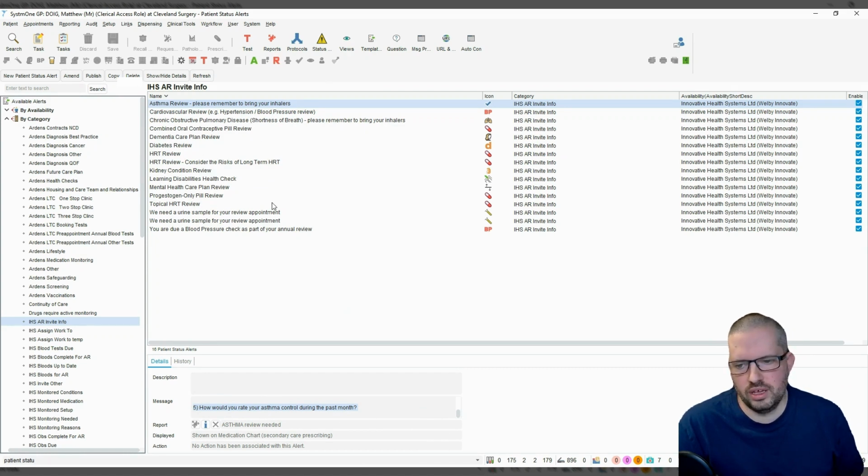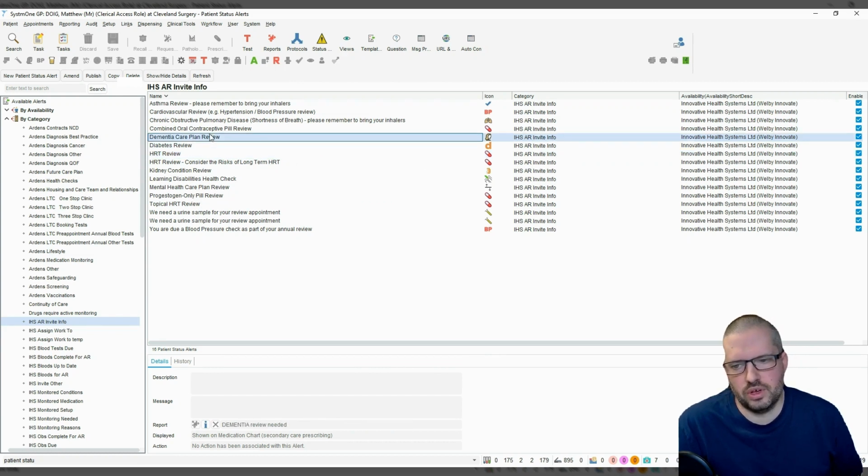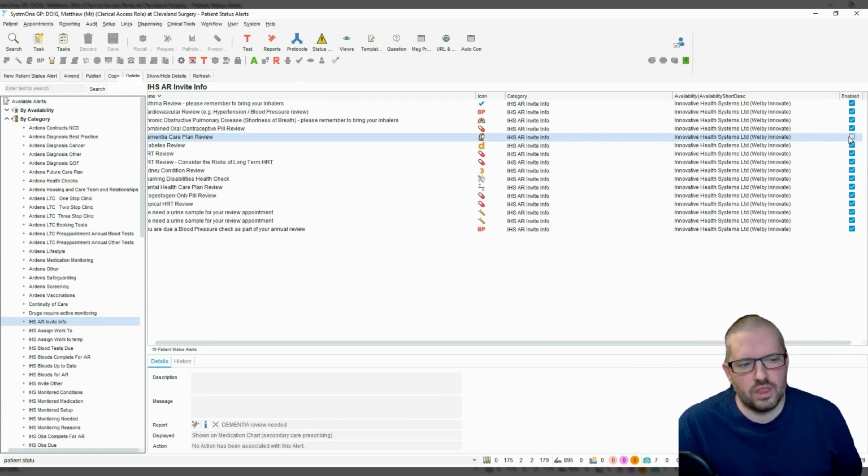Now, there's no perfect way or right or wrong way to word some of these things. Some of them won't apply to your practice. So, for example, HRT review, if you've decided you don't want to include HRT reviews and women's health in your system, that won't appear anyway. If, for example, you said we don't want to include information about the dementia care plans, you can just untick it. There's a slight risk you might get the odd letter that says we need to see you for da, da, da, da, and then it's blank, because that bit you can't configure as easily. That's a centralized bit, but you could certainly turn it off so it doesn't display anything,